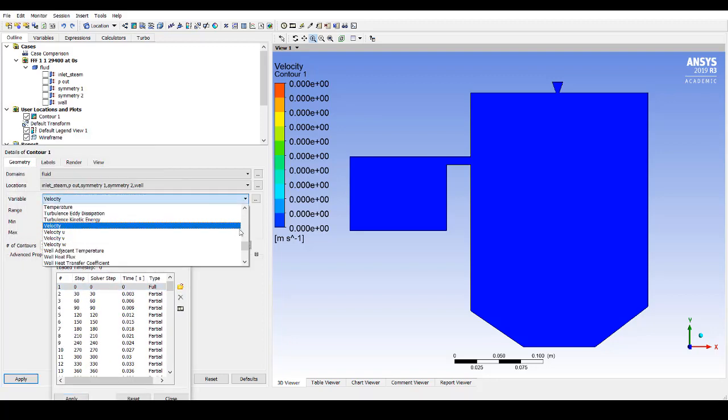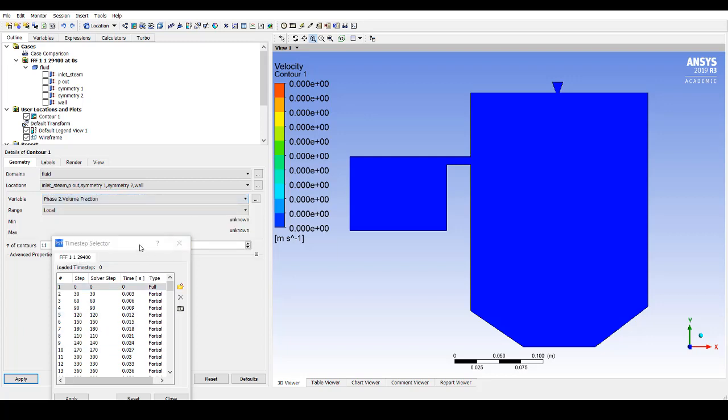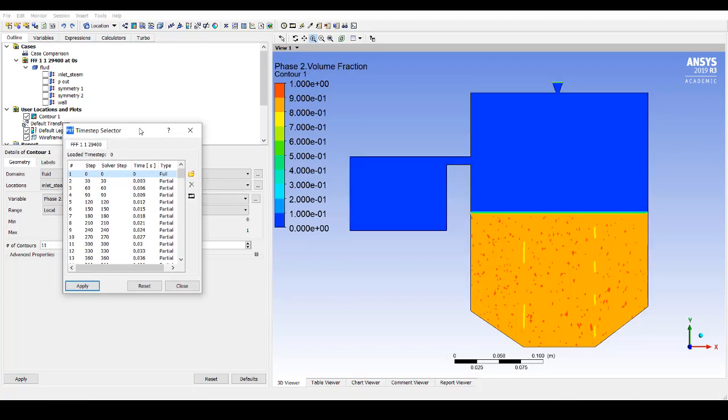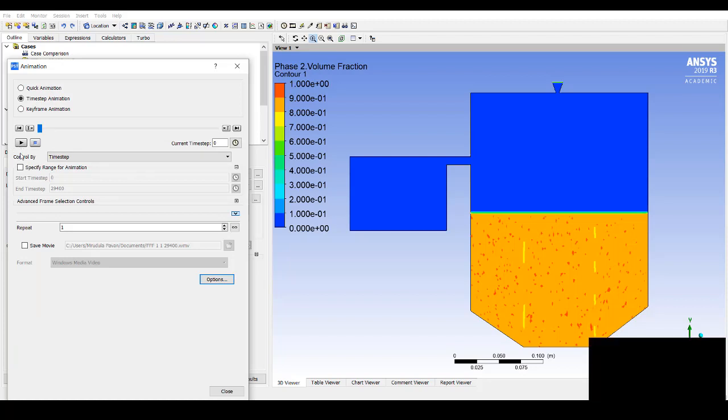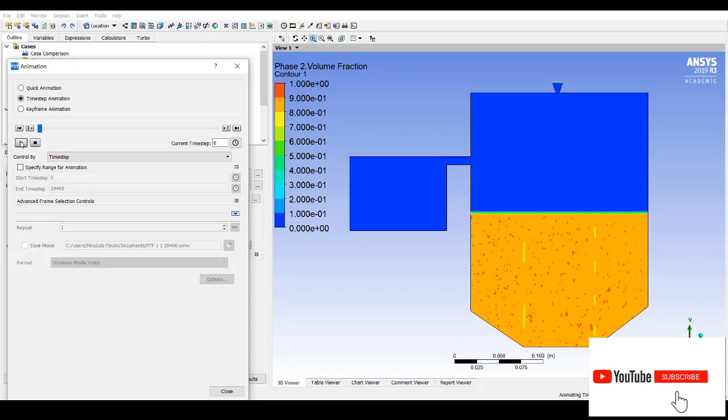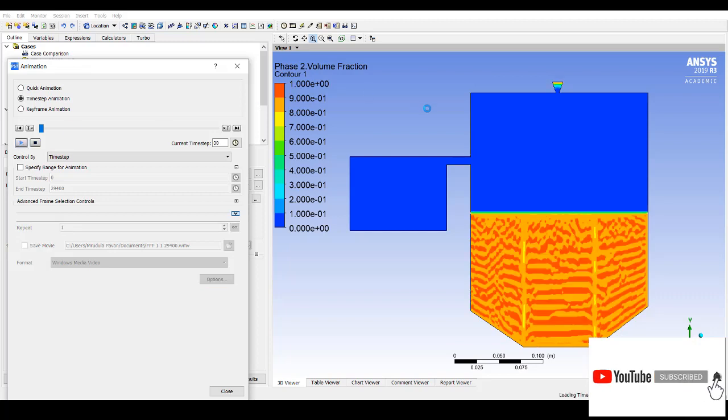Now I'll go for phase 2, the volume fraction of water, and see how it varies with respect to time. Now you can see water is coming from here.